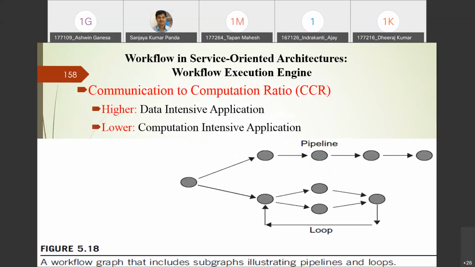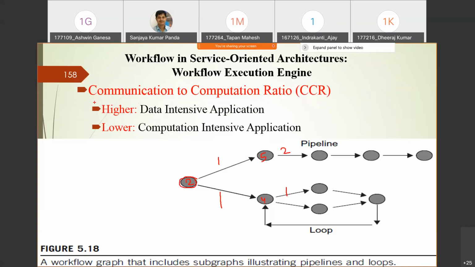So I want to tell you a very important concept. Based upon that, a problem may be asked. One concept is called the communication to computation ratio, which we call CCR. For example, you are given a directed acyclic graph. For example, one node is taking 2 units of time, another 1 unit, another 5 units, another 4 units, another 2 units, another 1 unit, like that you can assign. So this is your computation, right?